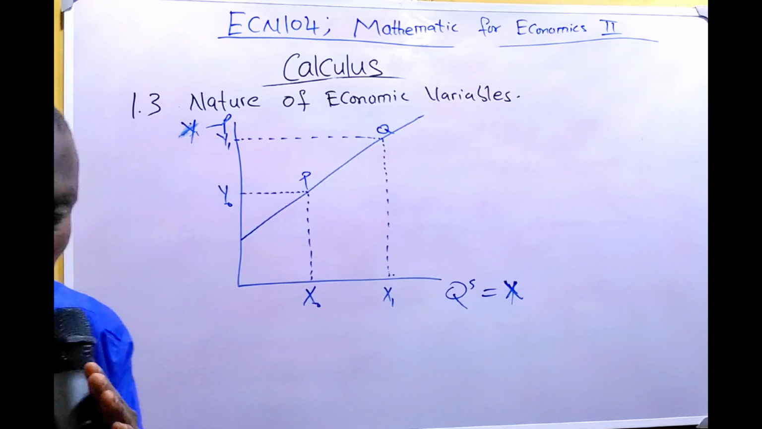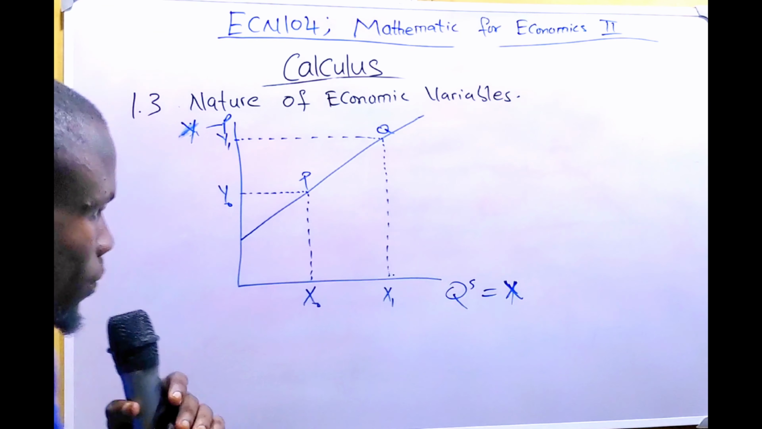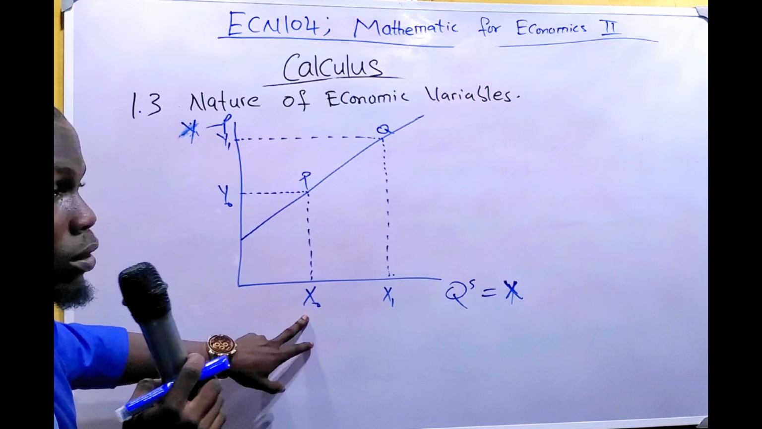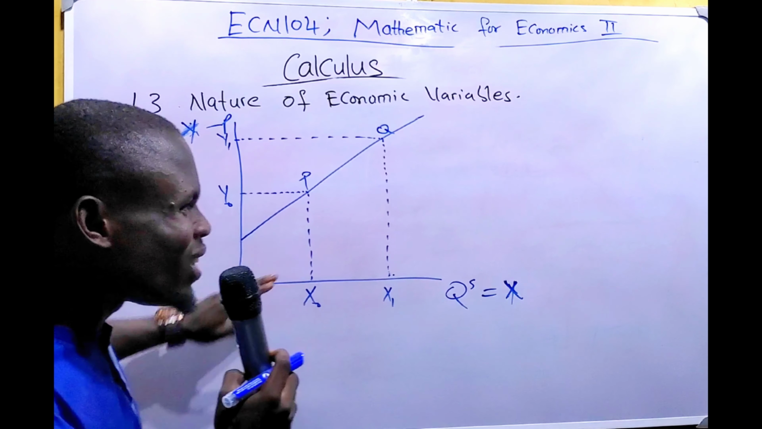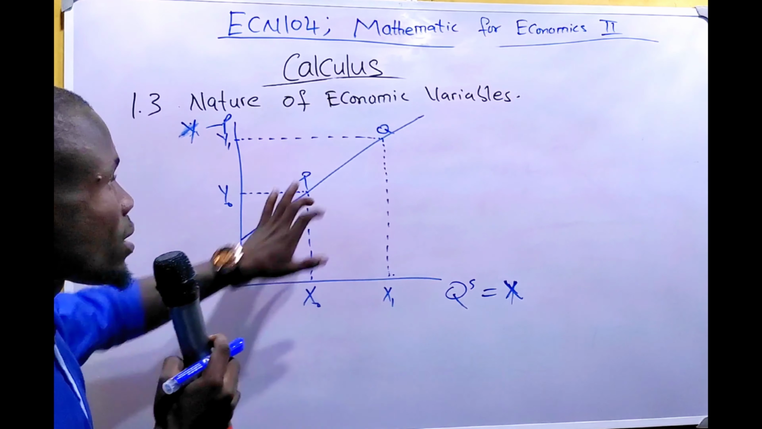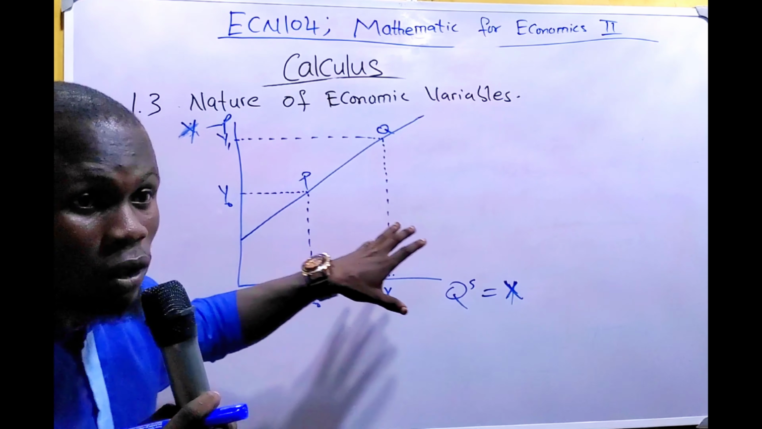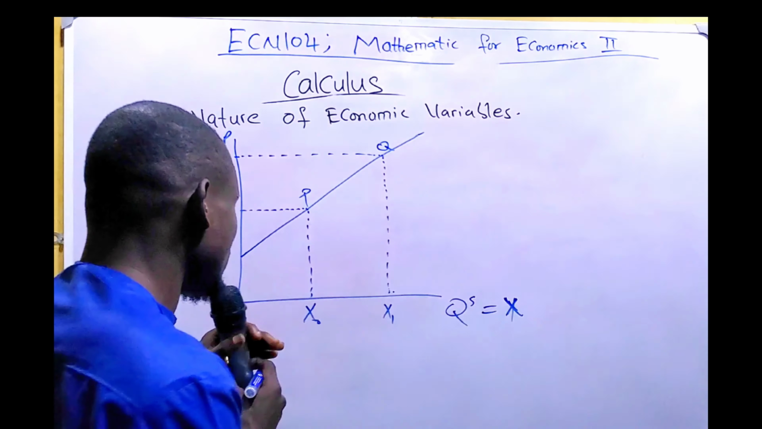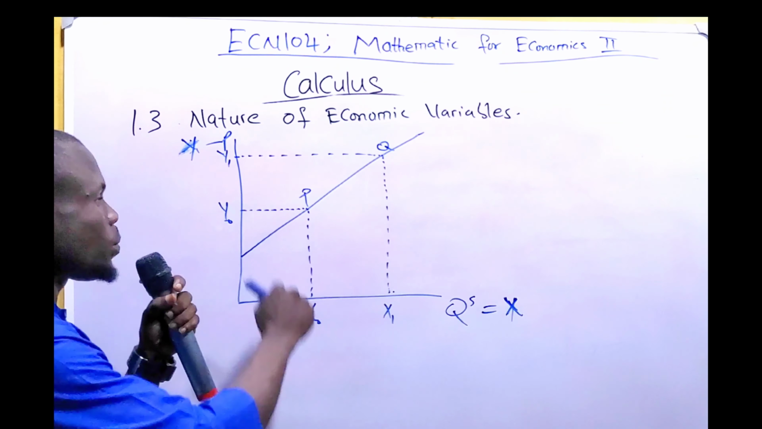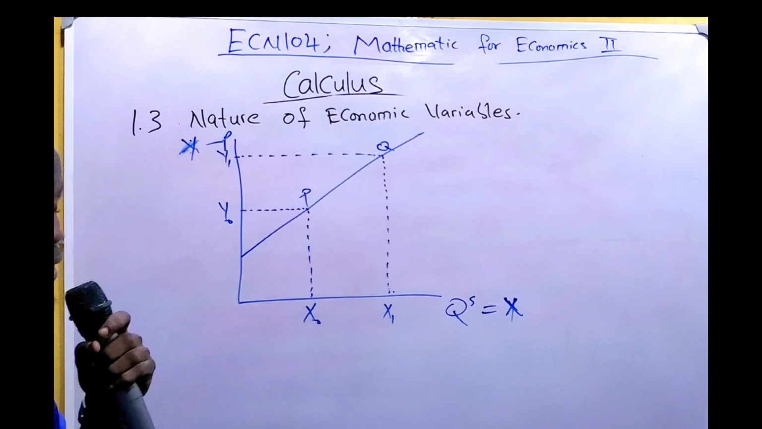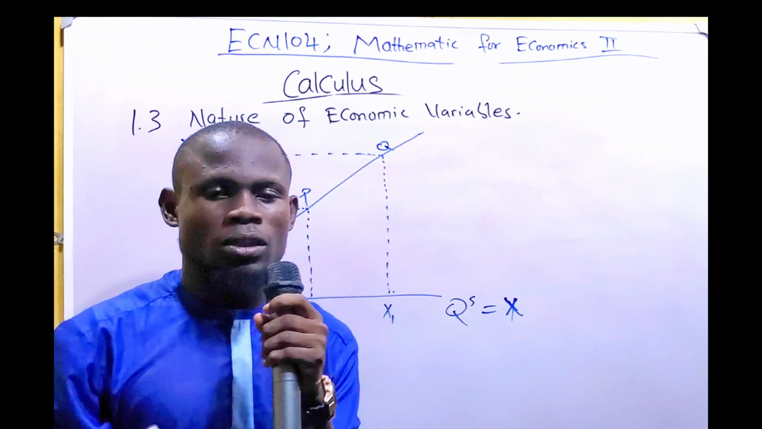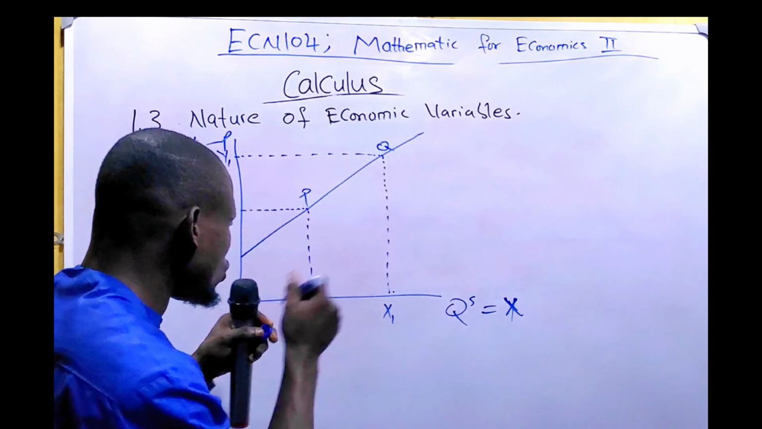Now, we have to observe something here. The position of our price and our quantity supplied is being disturbed, is shifting, is changing. That is, from the initial quantity supplied of S0, as the price of the commodity increases, the quantity supplied increases to S1. That is, there is a change in quantity supplied, and the change in quantity supplied